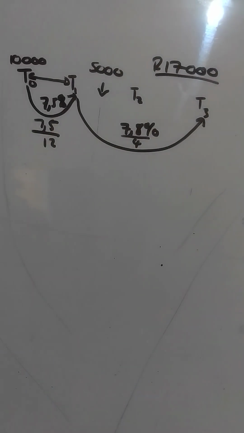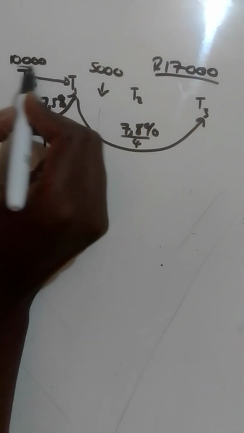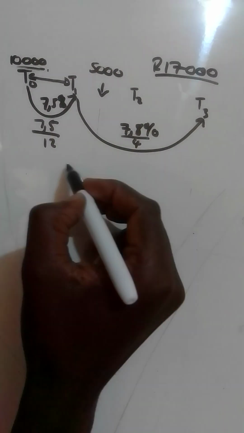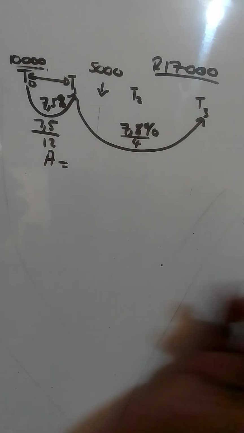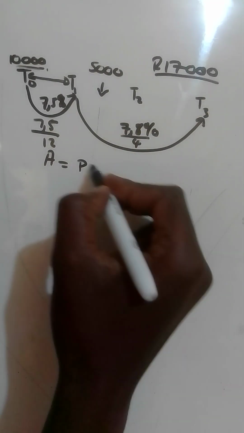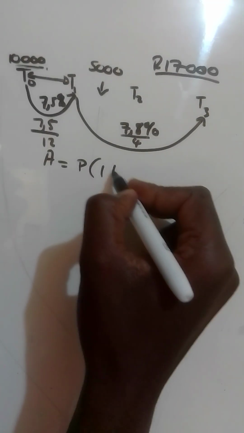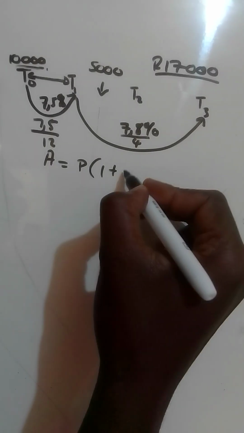We now start to say that let's consider this 10,000 rands here. So we say A is equal to, let's start with the formula. A is equal to P, open bracket, 1 plus